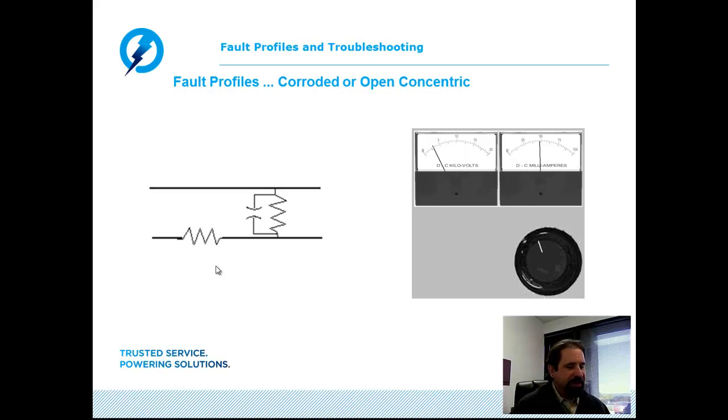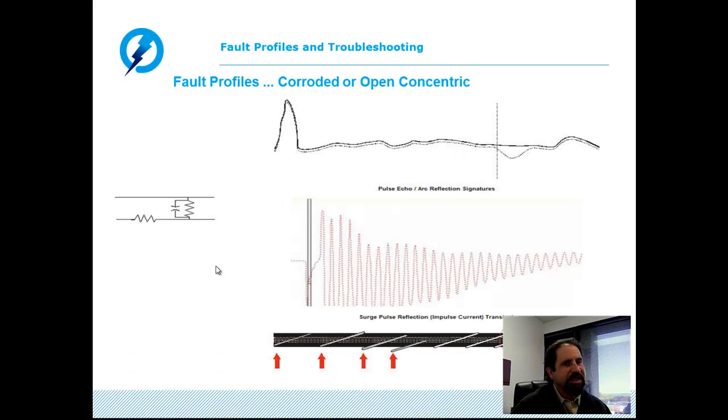Now, what we would basically see on the radar system is if we are getting a radar pattern and we are basically measuring a relatively short run of cable, I would expect to be able to clearly see the end of the cable. But if there's a tremendous amount of corrosion, this may attenuate my pulse echo signal, where even on a relatively short piece of cable, I can barely detect or barely get enough energy to reflect off the end of the circuit. This is going to be one of my first clues that